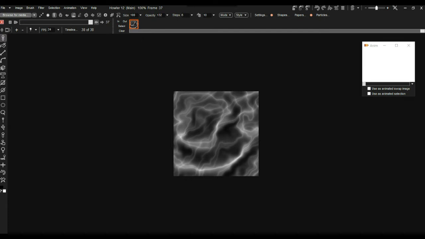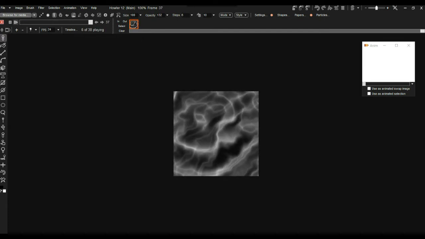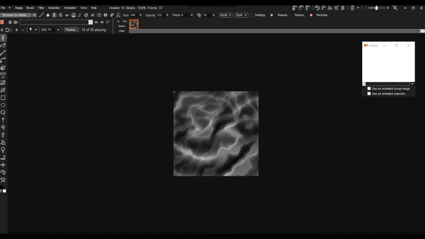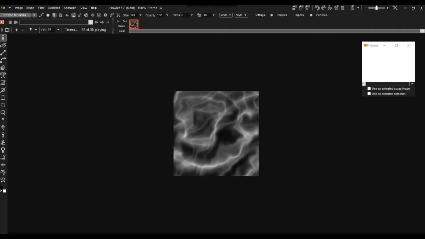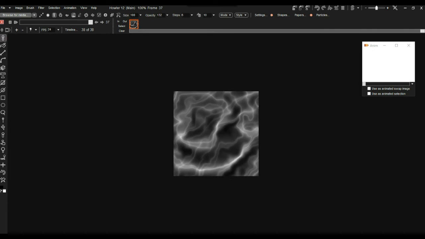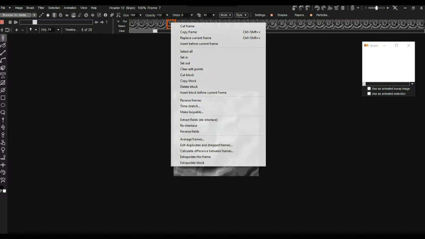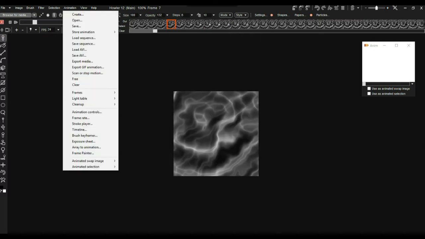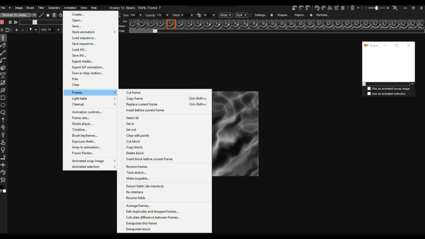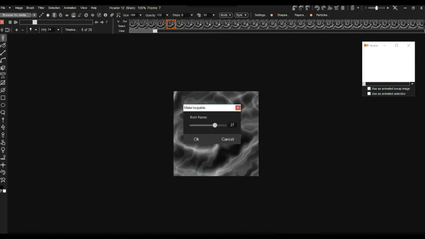And then at some point you could also just do a make loopable. There's an option to do that where you can say fade out the last few frames and fade over the first few frames. When you look at the animation timeline, you right click that and you say make loopable. You see the same thing from the animation menu, under the frames. These are the frame controls. So you have make loopable, and you can say how many frames you want